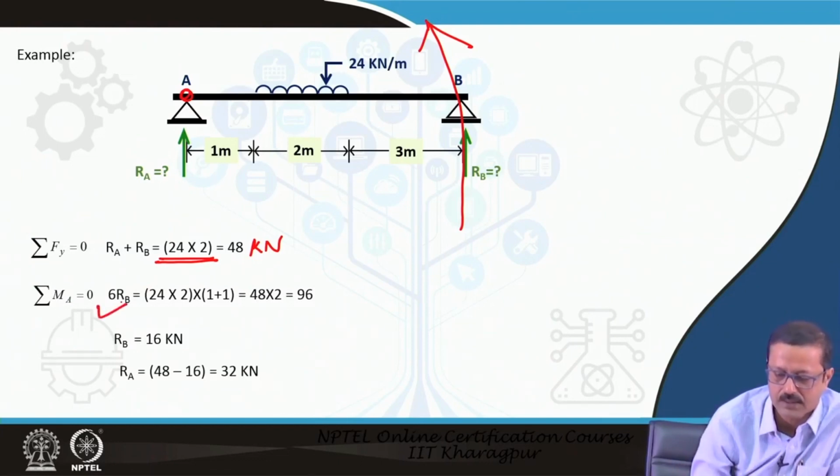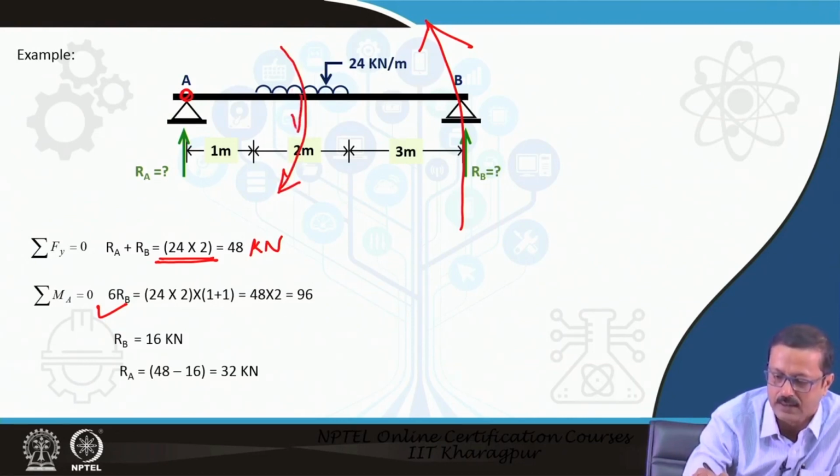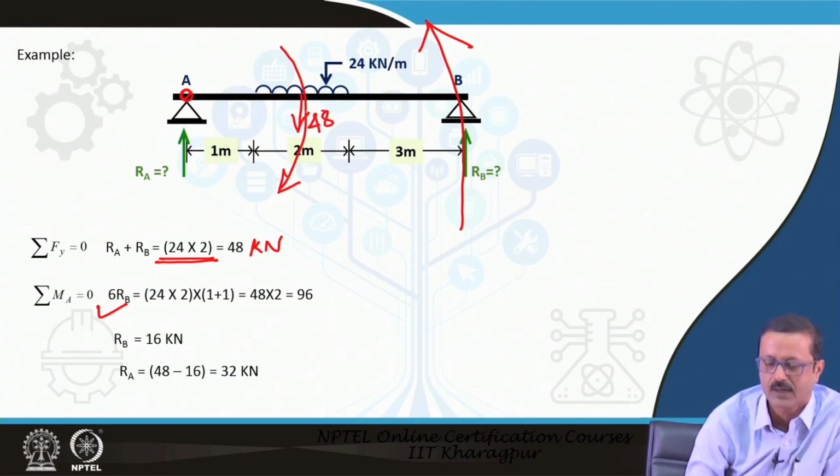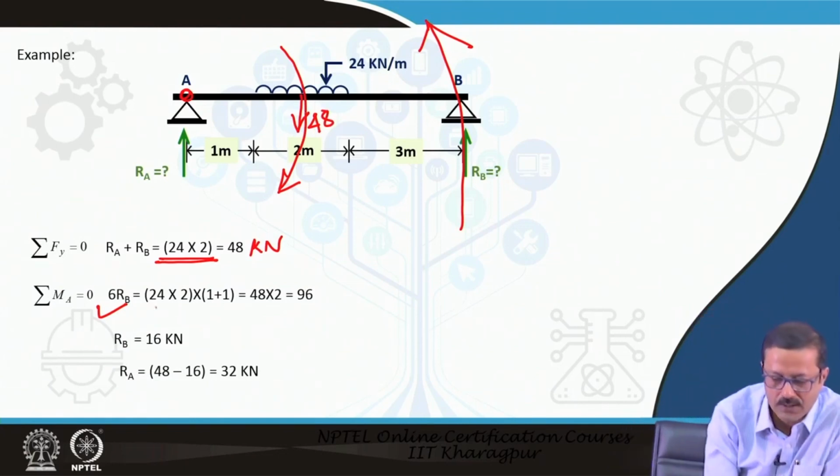So, RB into 6 must be equal to the moment due to this load. The total load is 48, acting at the center point. So, suppose this is 48 acting over here. Transfer that particular UDL to a point load at the center point. So, this is your 48,